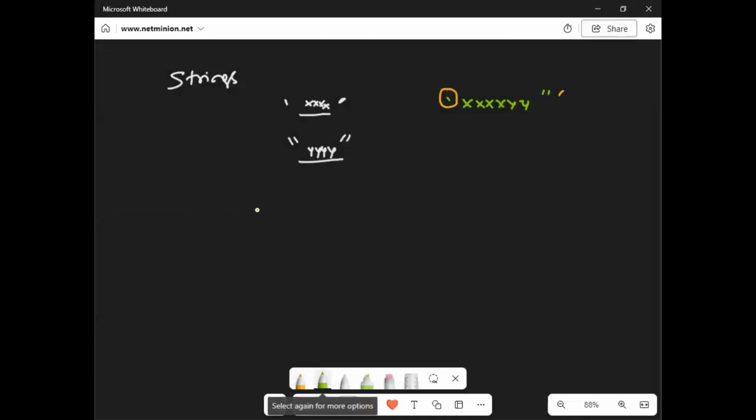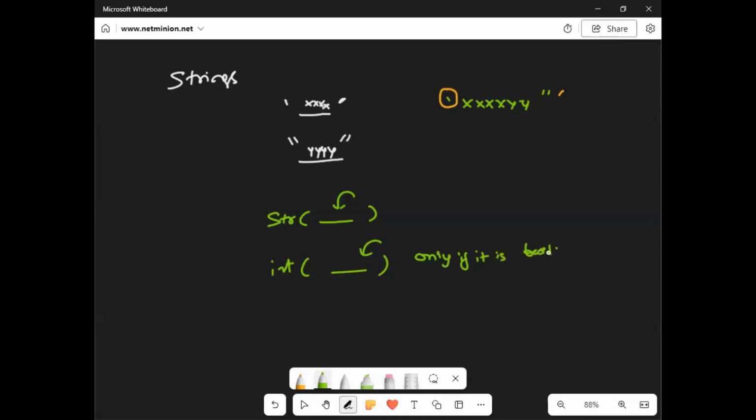So you need to understand, by doing like this, you can convert an integer into a string. By doing like this, you can convert a string into an integer only if it is base 10. Base 10 means what? Minus number or plus number. You cannot convert ABC into the integer, right?